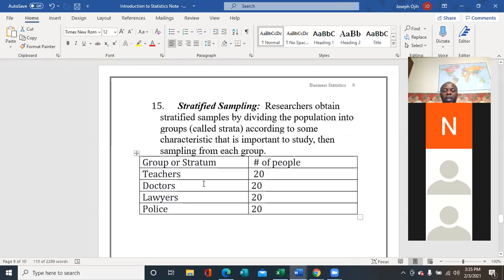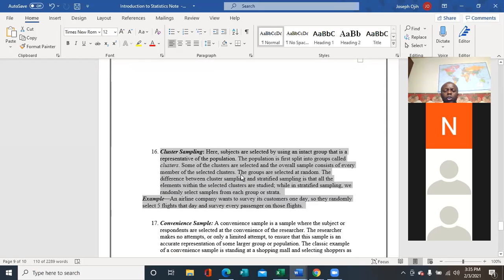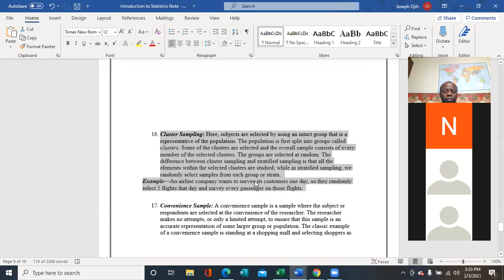The difference from stratified sampling is that there you divide them into groups and select a sample from each group and study. But here you divide them into a cluster that shares similar demographic experience, then study all the elements in that cluster. That's the difference between cluster sampling and stratified sampling.